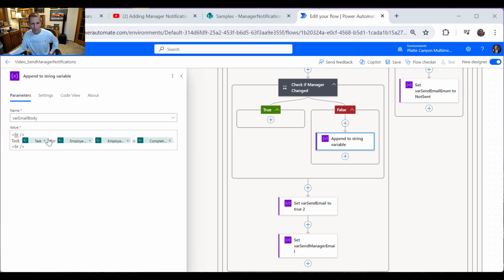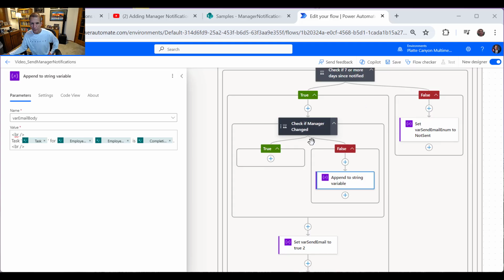The first time around, because this one is Keith Richards and the old manager's blank, you'll actually get inside the true here. So because of that, we've got to check for that. So we're going to come in here,